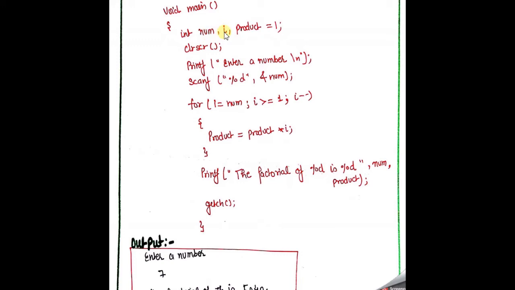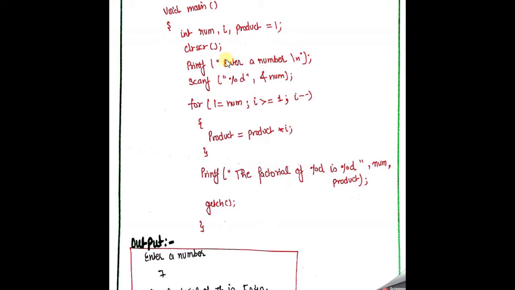I is used to initialize your value, and product is used to multiply in a recursive manner, that means product multiplied by I. As you know, whenever we multiply any number by 1, your resultant value will never change. So in the case of multiplication and division, you use initialization 1. In the case of subtraction and addition, you use the number 0. Why? Because if any number is multiplied or divided by 1, the resultant value doesn't change, and if any number is subtracted or added by 0, then the resultant value never changes.